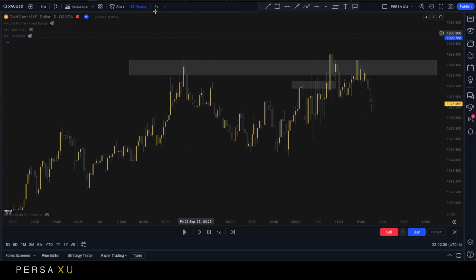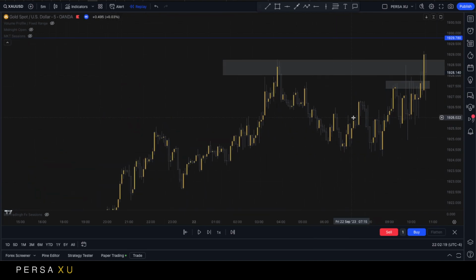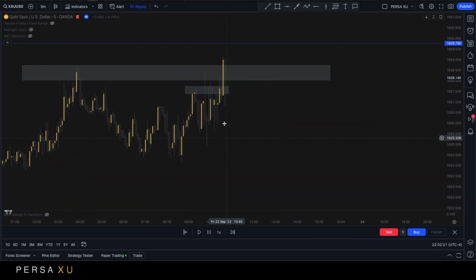If we go back, can I go back? I want to go back. Okay, whatever. Oh yeah, I can. Right over here. It broke, right? Apparently this support, this resistance broke. Market came down, bounced back out. So, right? That's a fair bias on why it might want to go long.